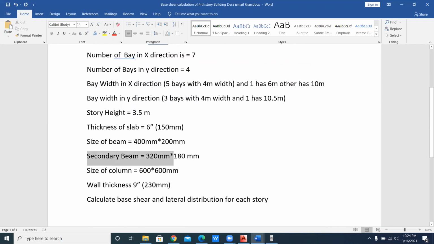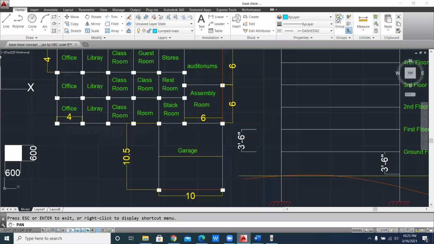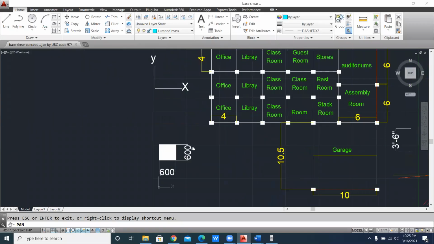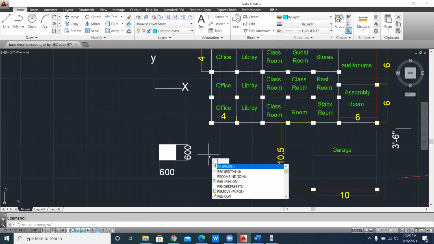that secondary beam is 320 and 180 having thickness. Okay, this one is the thickness of your secondary beam. So here you see the normal size of the beam, that is 400 mm and 200 mm. It means that 400 is normally the depth, and 200 is normally the width. Okay, so as we are watching here,